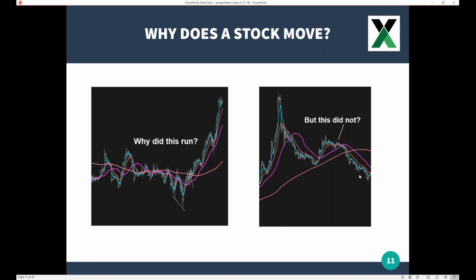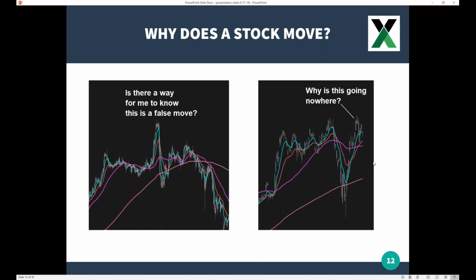And I kept trying to think, well, is there a way that I can figure out when these things are going to work with these moving averages and when they're not? And then I get things like this, like here's a huge pop, like, okay, great, it looks like a breakout. And I know some traders trade breakouts, but this was a false breakout. Is there a way for me to figure out that is going to be the case? Or how about this? This looks like a great rebound, but why is it not going anywhere now? And these were all the questions that I was trying to figure out as I just kept studying and studying the market.